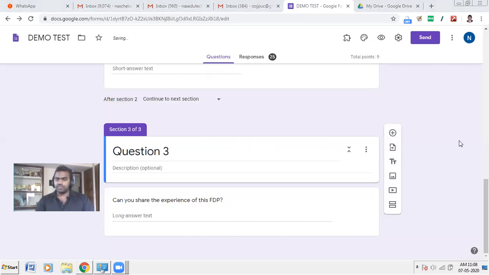Any other queries? There is no word limit and all. You can type the question. I hope there are no more queries. Time bound we cannot do. Actually here you don't have a time feature, but you can find some add-ons for that. I'm not telling you the add-ons because if I tell you, I'll have to explain their security and all. I cannot ensure security when we are using some third party.